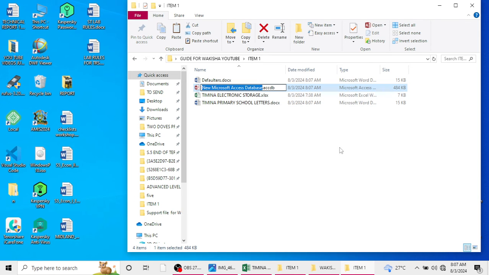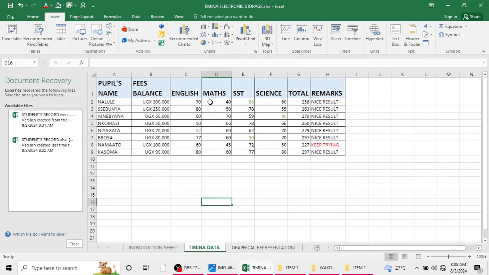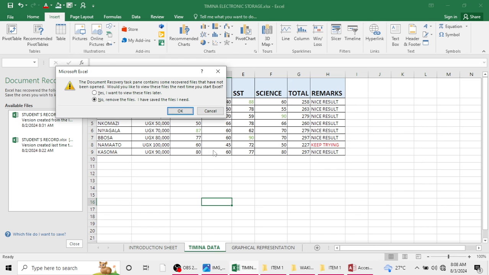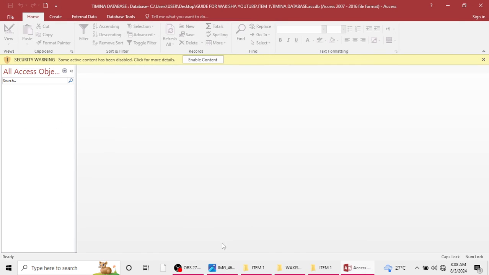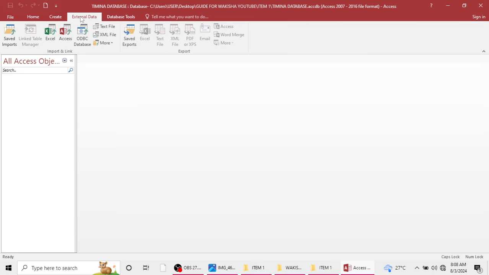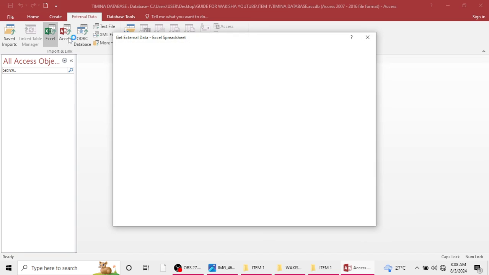Now the database, I could rename it Timina database. And then I just import into the database. When I'm importing, I don't need my Excel to be open. I close Excel, of course. You can't import something that is open in Excel. So while the database is opening, I'm closing Excel, and I've already closed it. Enable content, create. I'm looking for import external data, import from Excel, of course, and